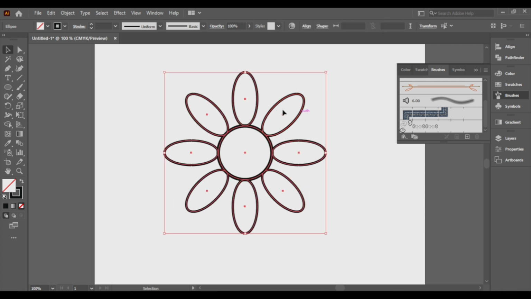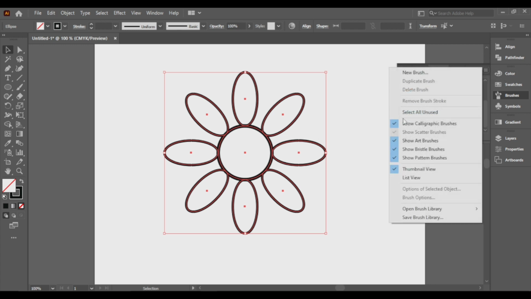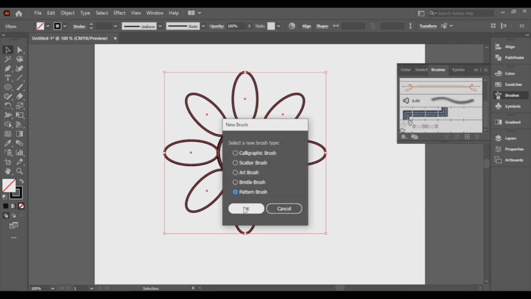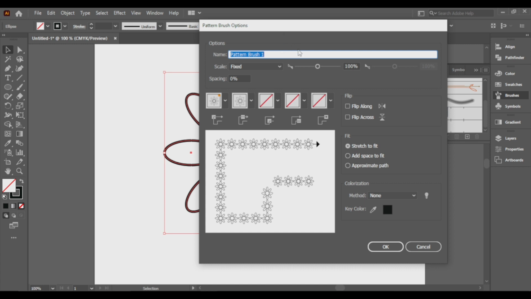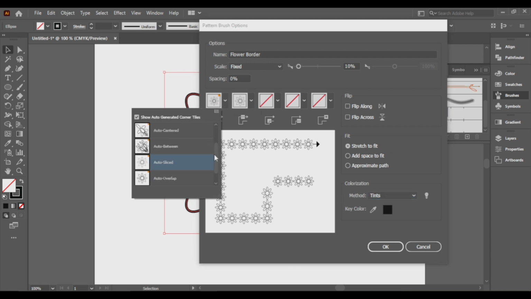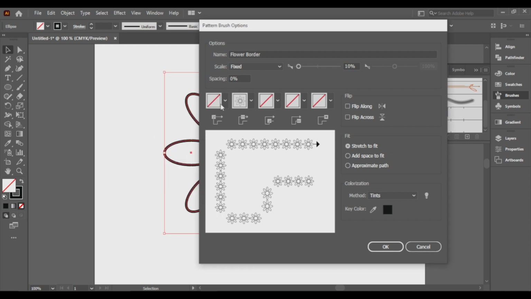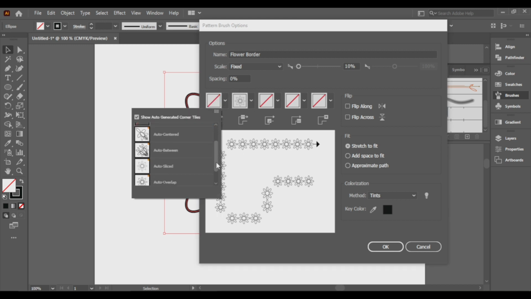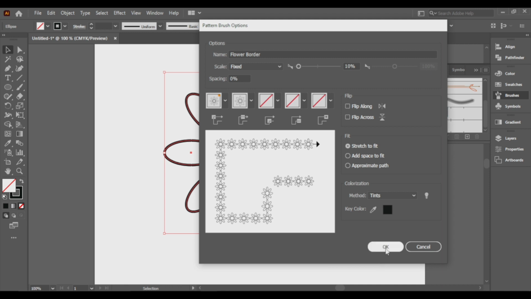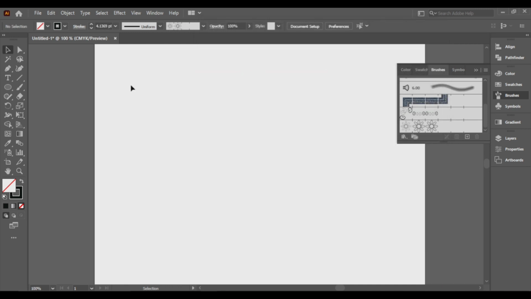This is the flower that I want. Now I'm going to select everything, do the same thing again, new brush, pattern brush, and then flower border, right? Again, 10%. Let's do tints. And you can either do auto slice or you can do none. Let's go with auto slice because that actually worked pretty good last time, right? Alright, so let's delete this